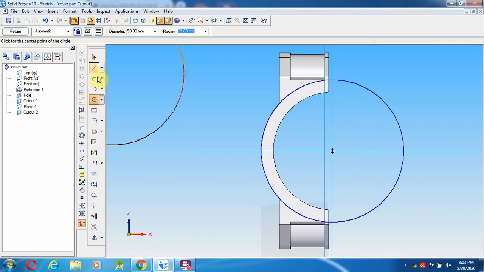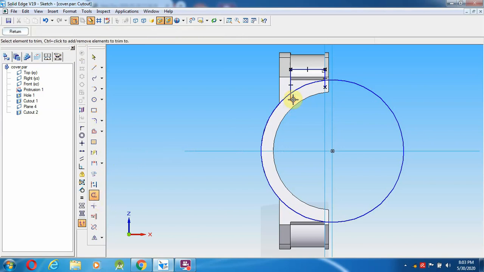Then select a line from here and make a line up to the line. Go for the trim option, select the trim, this as well as this as well as this one.